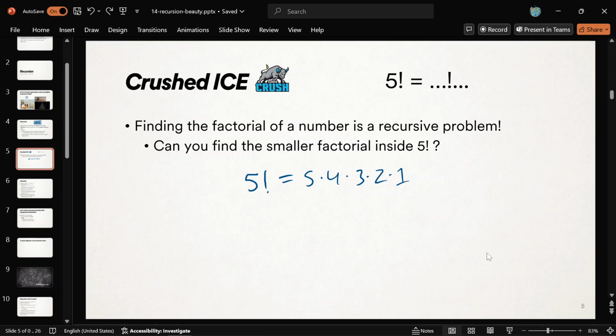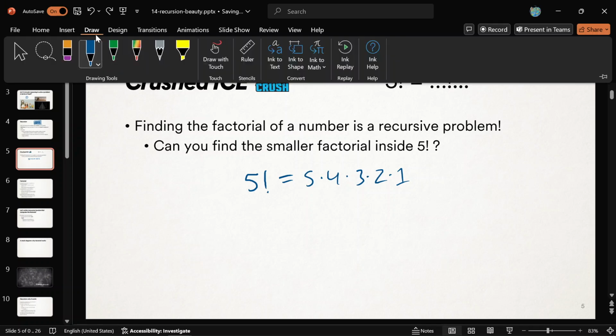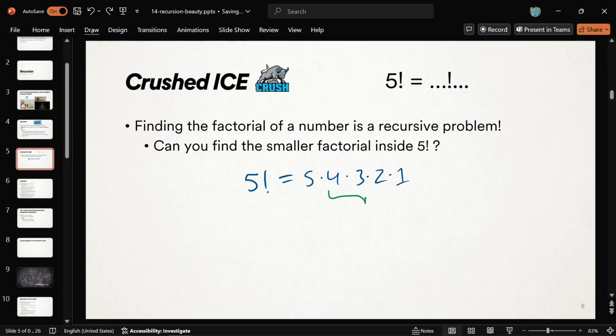There are multiple answers. 1 factorial? Yeah, that's in there, right? What is 1 factorial? It's 1, so there's a 1 in there. That's correct. Can you find any bigger factorials in there, though? Good, yeah, you can find 4. And then everything in between, too. Do we all see that? Let me pick a different color. Just chilling right there is 4 factorial, secretly. Isn't that interesting? And then, of course, there's 3 factorial, 2 factorial, and 1 factorial.